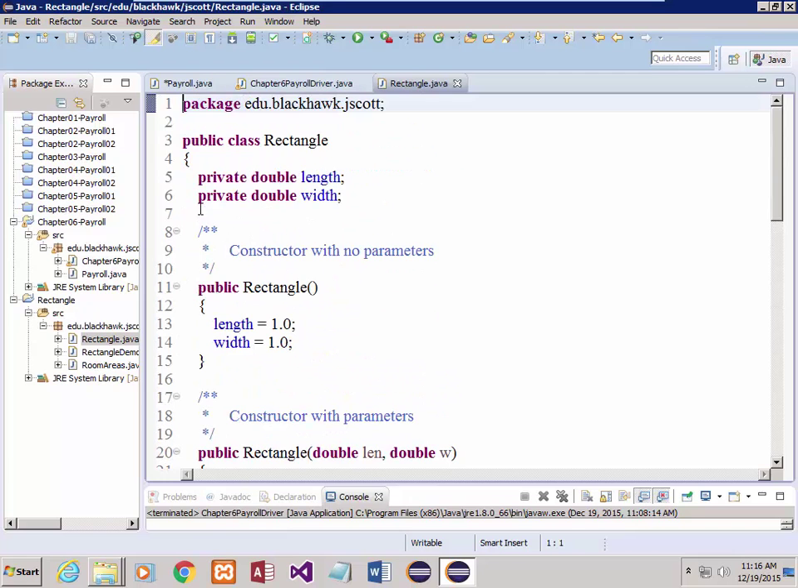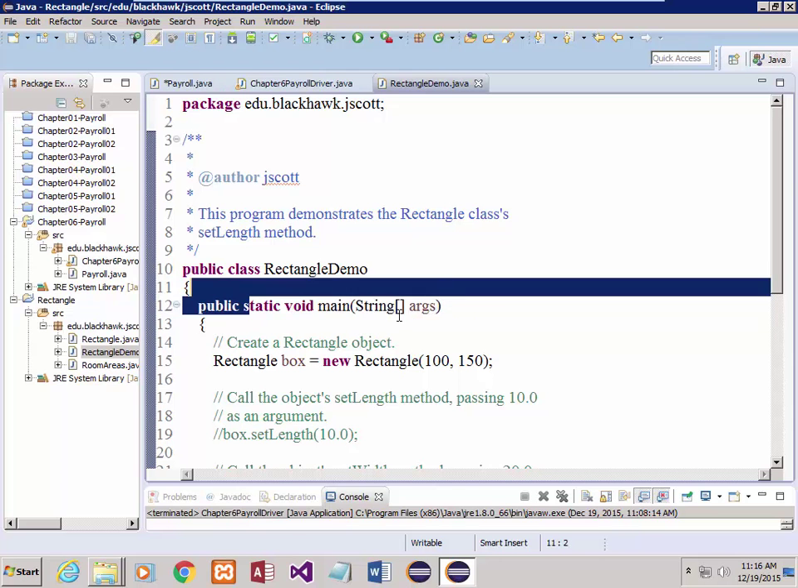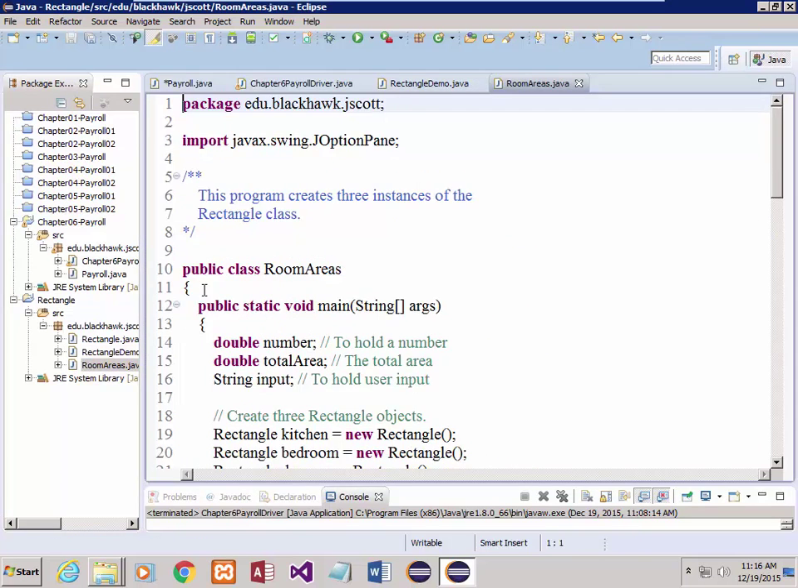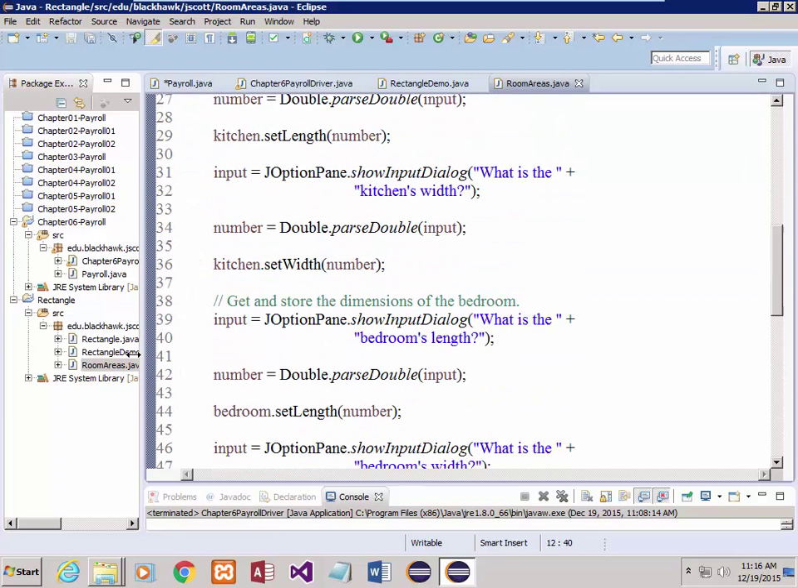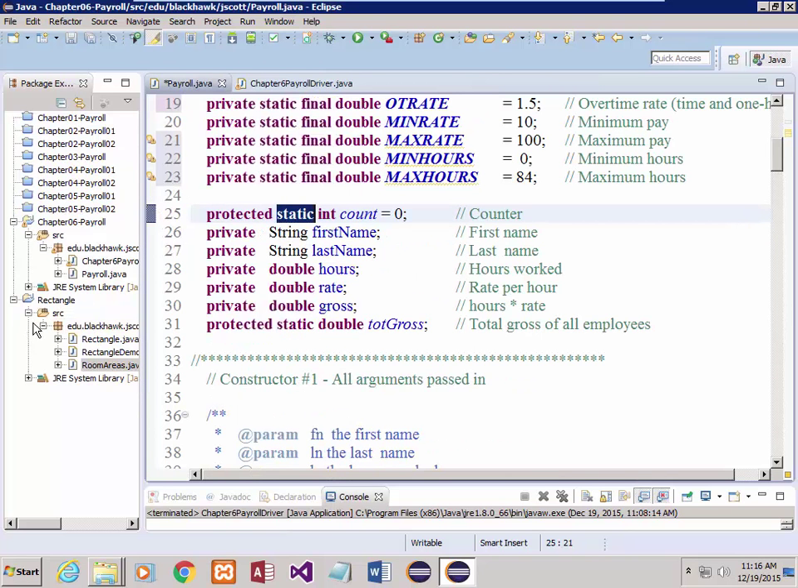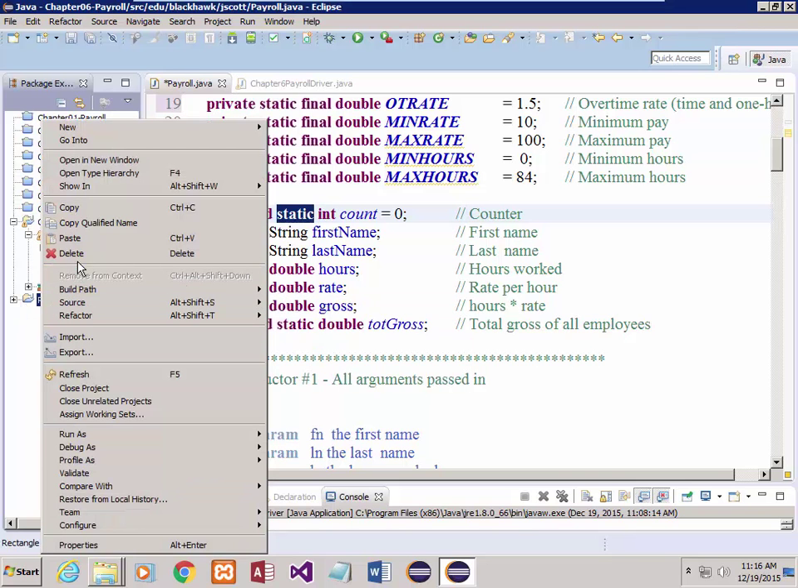Okay? It's gone. But if we bring up our rectangle demo, there's static again because main has to be static and everything is in main. We bring up room areas. They're static again because everything's inside of main. All right? So what I'm trying to tell you is as we write more complex programs, what is going to